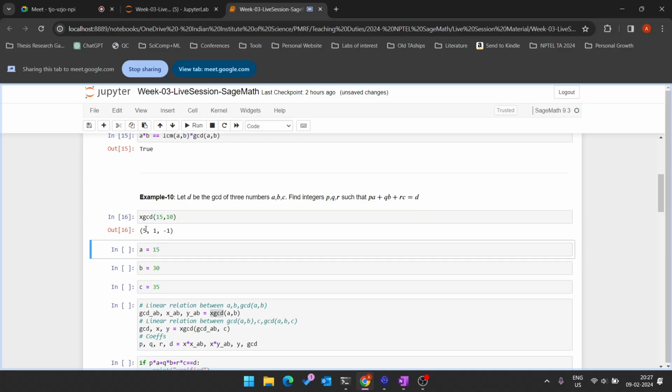So what does this expression tell us? The GCD of these two numbers is 5. If I do 18 comma 10, the GCD of these two numbers is 2, and it is equal to minus 1 times 18 plus 2 times 10, which is minus 18 plus 20, again 2. So XGCD is an inbuilt function in SageMath that we have used. And now what I'm trying to do is solve this for